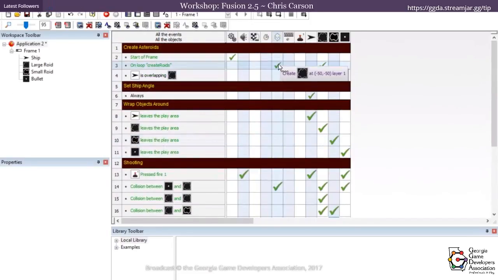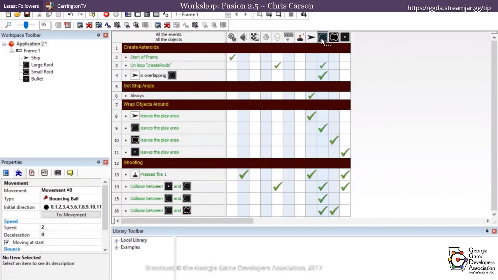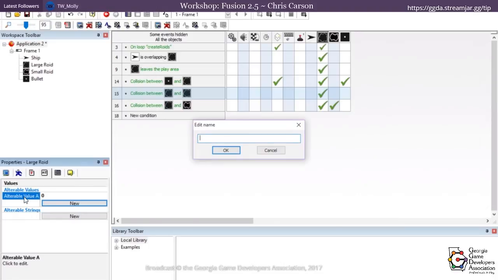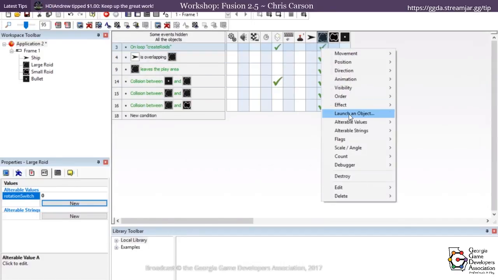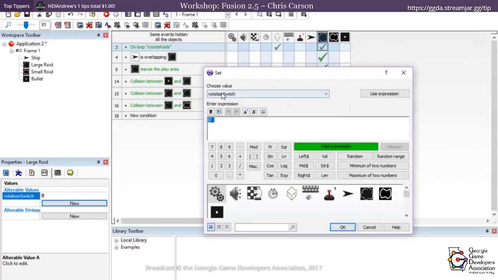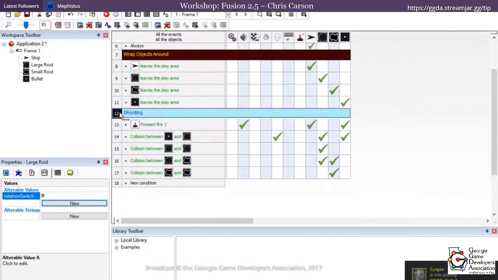One other thing I'd like to see is some rotation. So on create roids, in addition to creating large roid, I'm going to declare a variable, and I'm going to say rotation switch. And what I'm going to do is, using this variable as a Boolean, on creation, set rotation switch to random 2. That'll return a result of 0 or 1. Why are you doing that, Chris? That's a great question. Because